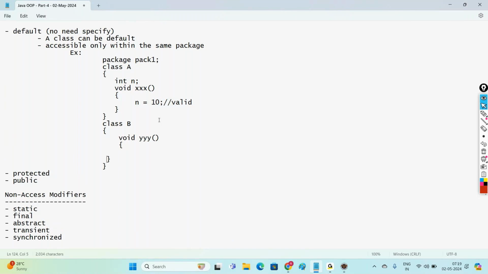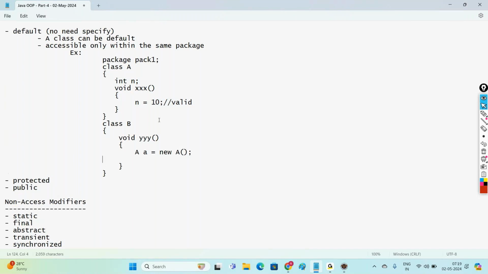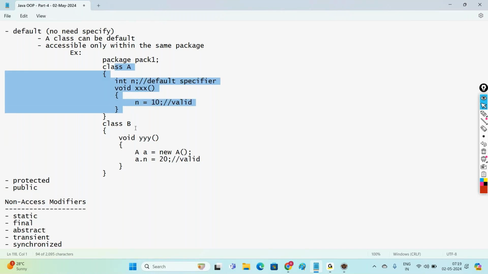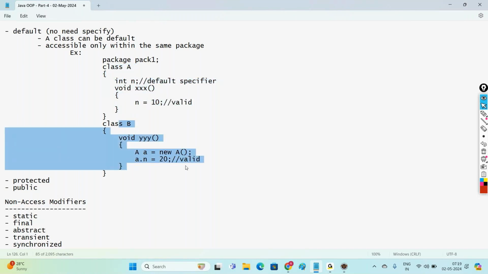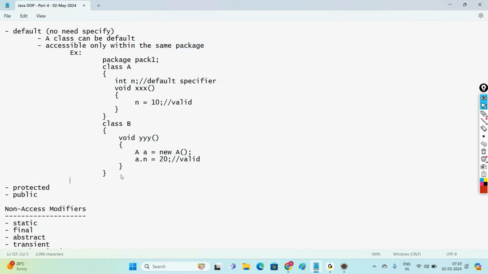Inside this y, you are creating an object of a class, and using this object you are trying to give a value to the n variable. This is valid only because you are in the same package. This n is a default specifier. So default can be used within the same class or even within another class of the same package. You are still in the same package, so it is valid. Now, if you create one more package